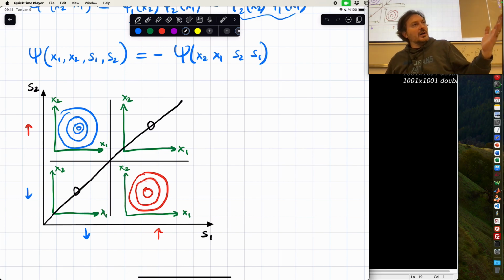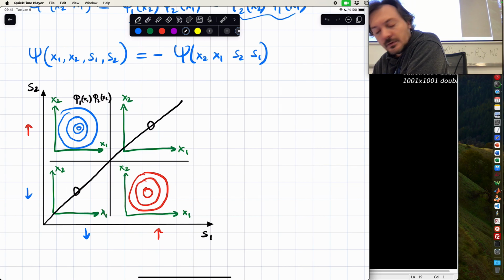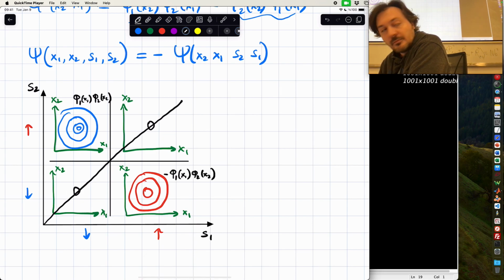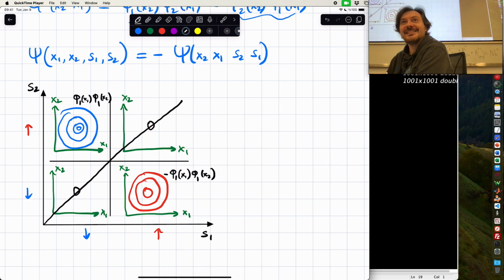So, what is this wave function? What does it correspond to? Remember, this by itself was phi 1 x1, phi 2 x2. Do you remember that? And this one by itself is minus phi 1 x1, phi 2 x2. Right? Not phi 2. You shouldn't say yes. Be careful, please. It's phi 1 because it has one hump on both sides, right? Are you following? Now,